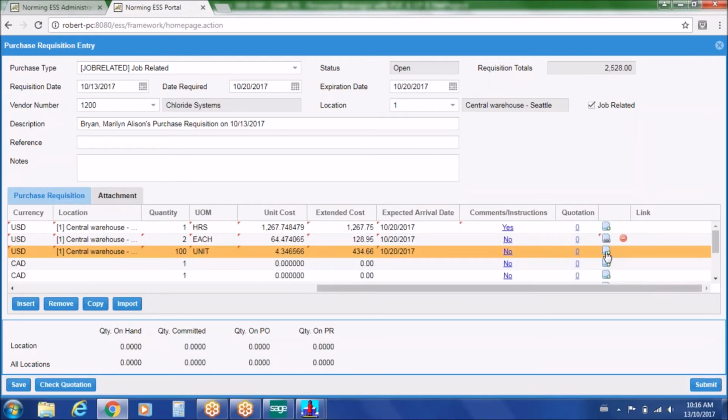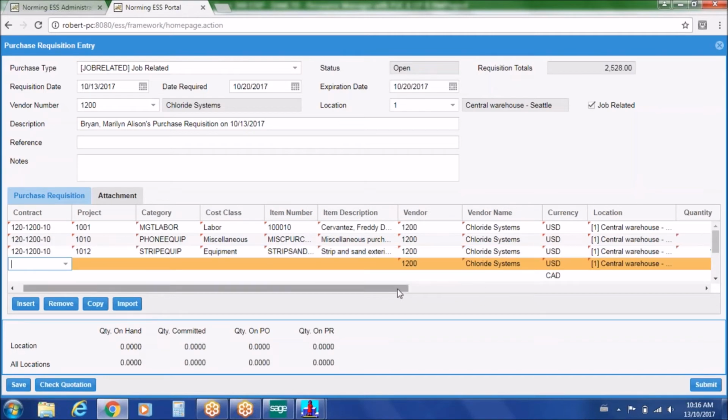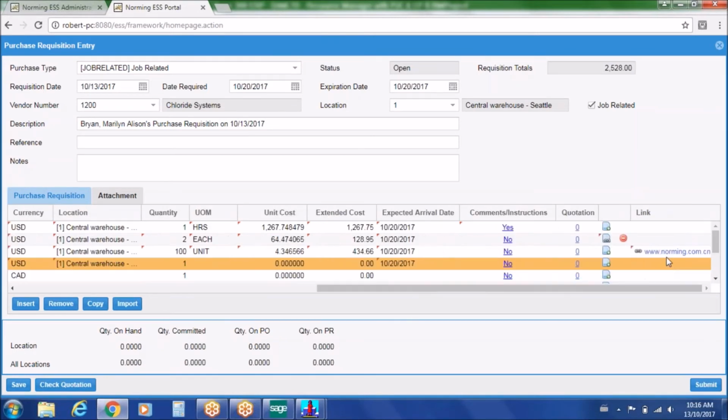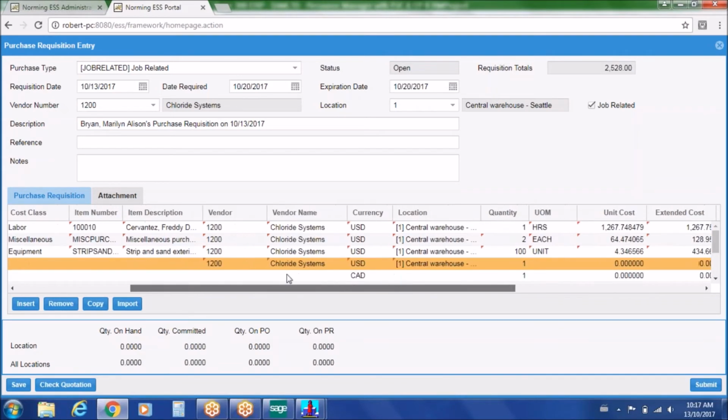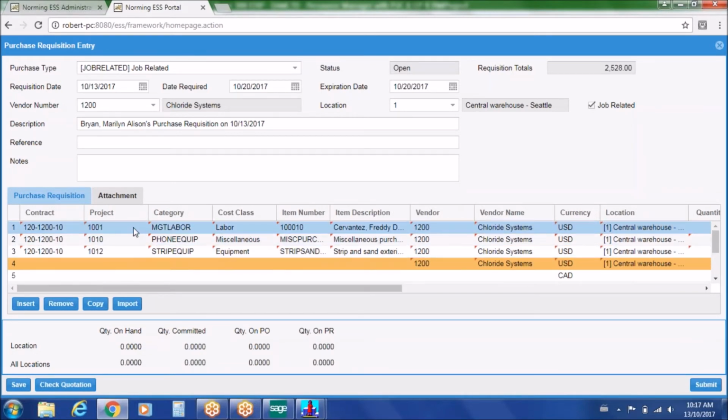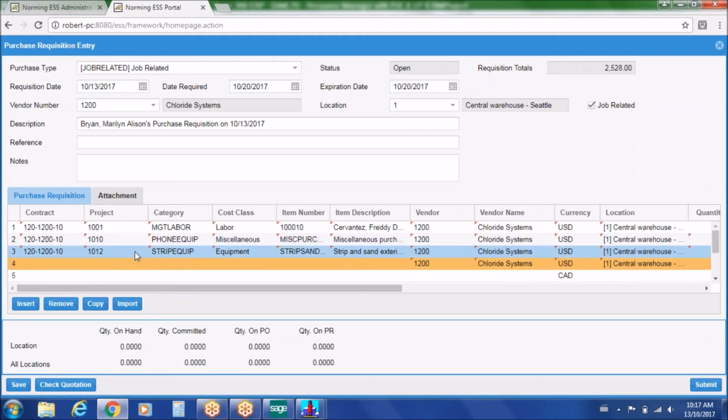And in this case, I might want a link, let's say, to a particular website. So let's just say it was norming.com.cn. And then I would have that link embedded on the detail line. So when the approver's coming through to do the approval, he can verify something about that particular fixed asset that we're buying. So we can raise a requisition for internal labor, for expensible service items, for capital equipment, and then,